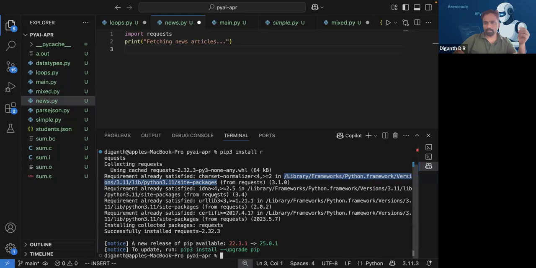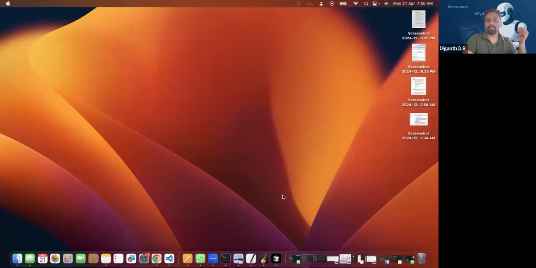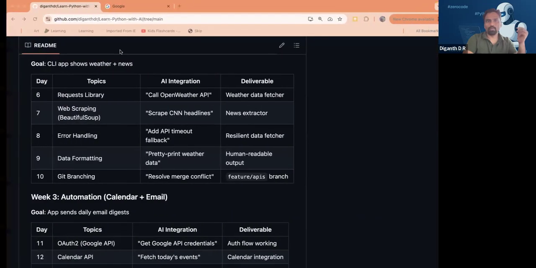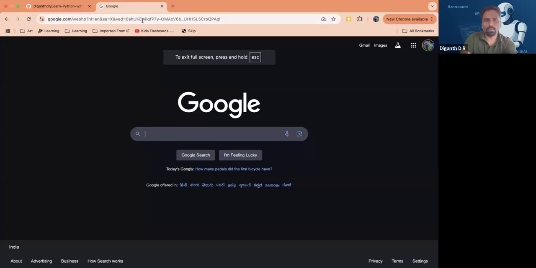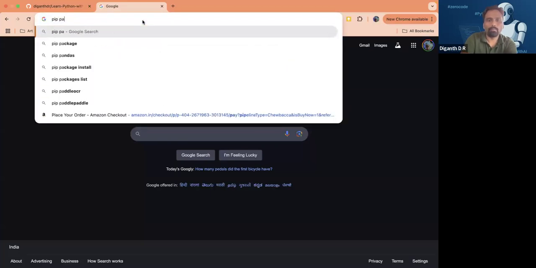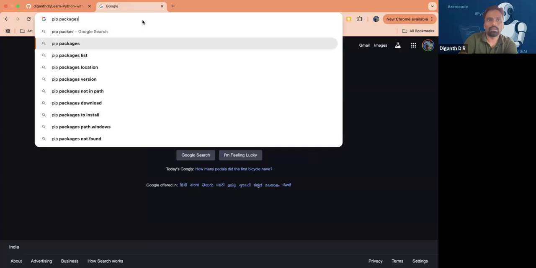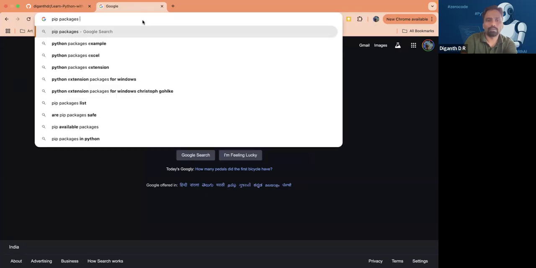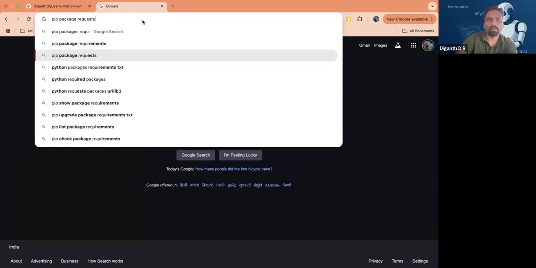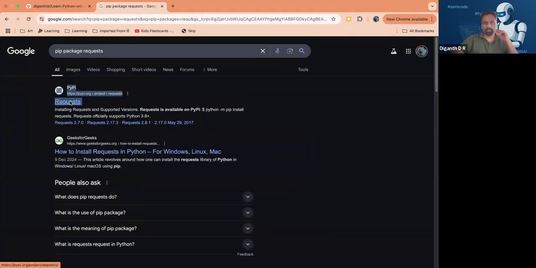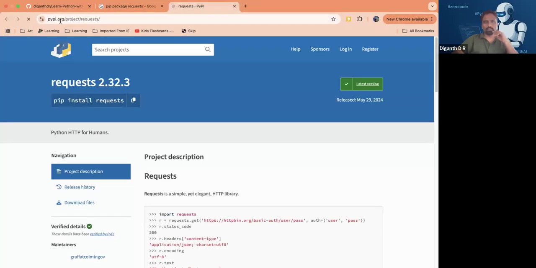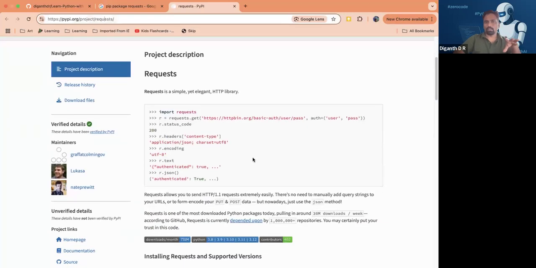So where are these libraries present, right? So these are present in, if you go here, packages or requests, something like this. So you can look at this. So this website, which is pypi.org, hosts all these libraries, and you can